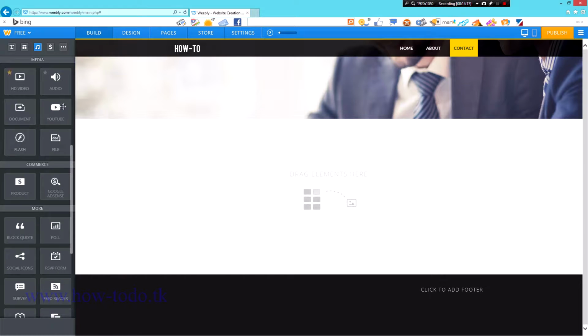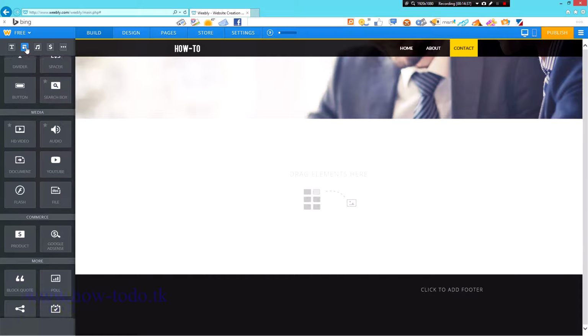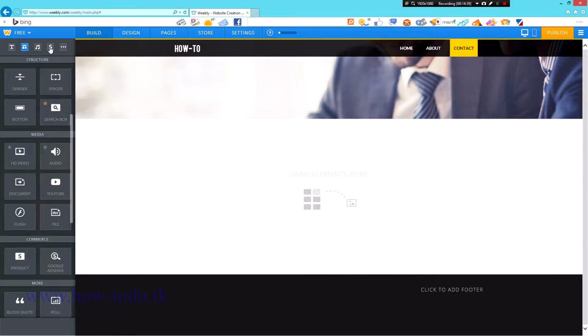You can put videos. The ones that show the icon here means that you need to have a plan. The free version, you cannot have it, or you can try it for some time, but then you have to pay to have this. But anyway, if you have a YouTube video, you can put YouTube videos for free, Flash. And these are structured elements,